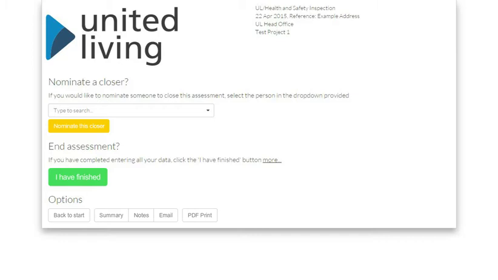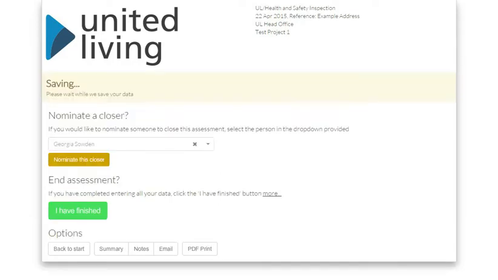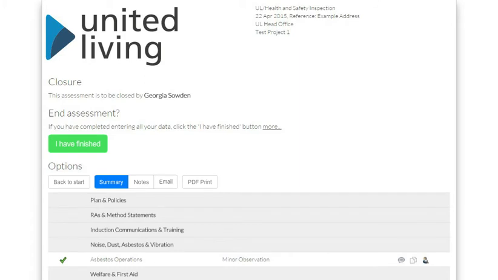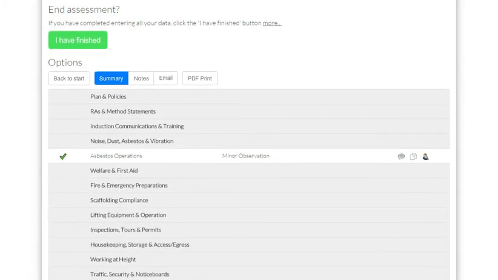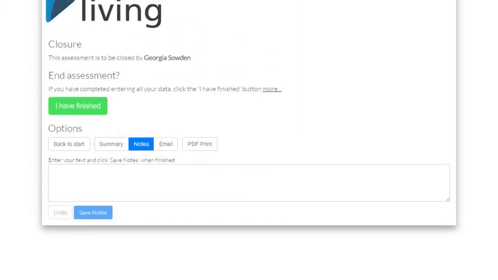On this page, the first section is the Nominate Closer field, where you can enter a contact to later on view and close down this scorecard when all site corrections have been made. Along the bottom of the page, you can navigate back to the start of the scorecard, view the summary to get a brief overview of the scorecard and navigate to individual measures,